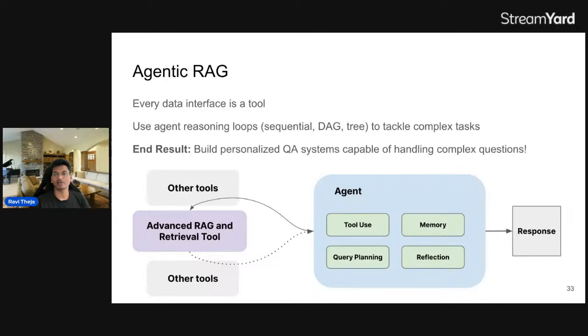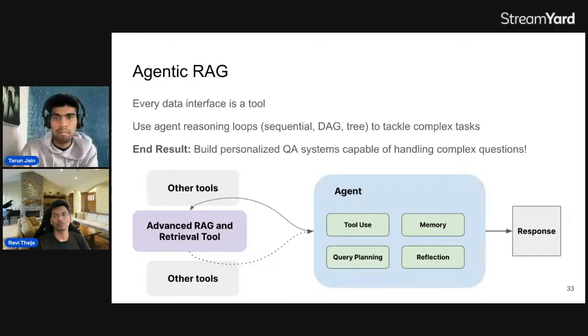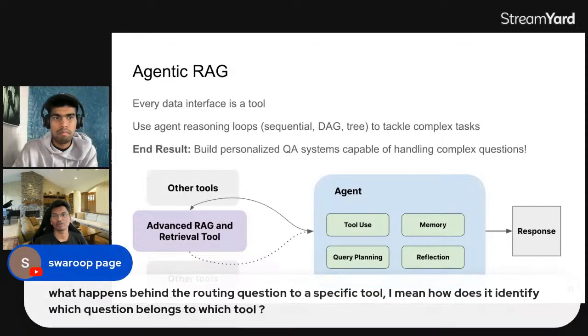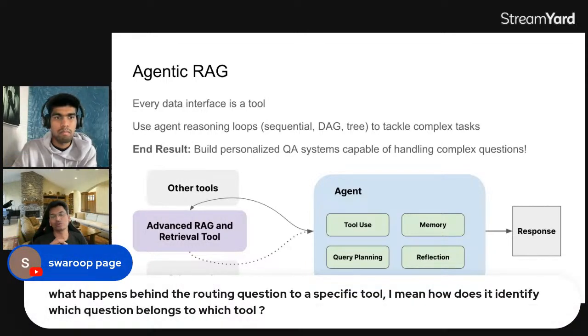What happens behind the routing question to a specific tool? I mean, how does it identify which question belongs to which tool? So each tool has a description for it, and then